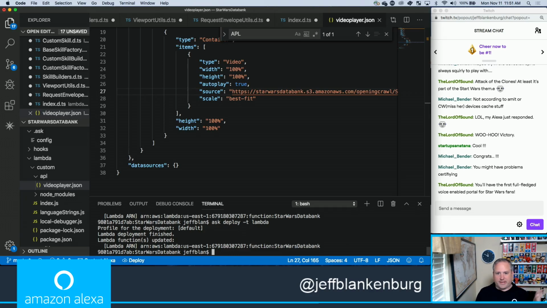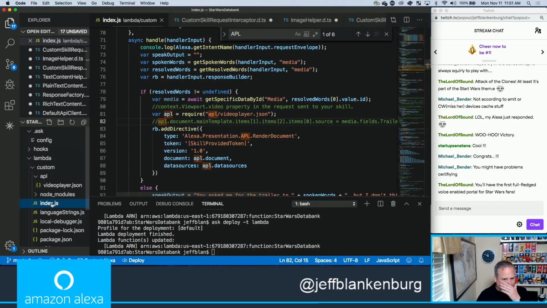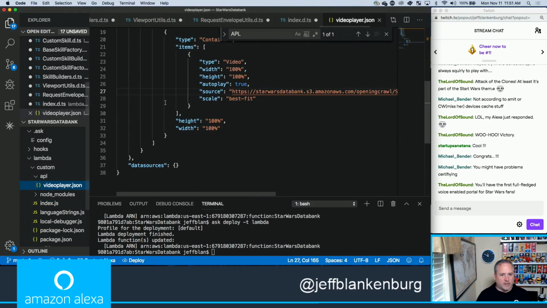I'm super excited. I expected more failure, and we did not get more failure. So I think I'm going to wrap up. We have 9 minutes left, but that feels like a really good place to leave off. I can go back to here. Actually, let's do this one last thing just so we leave things in a good place. I need to be able to change this video player item. So let's go look at our APL, and it is now